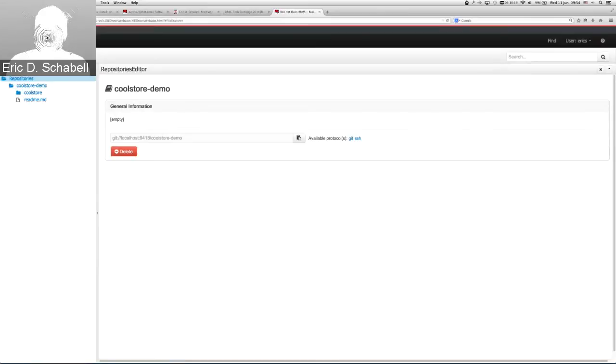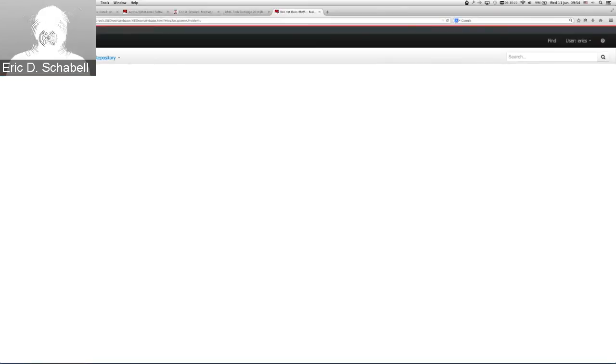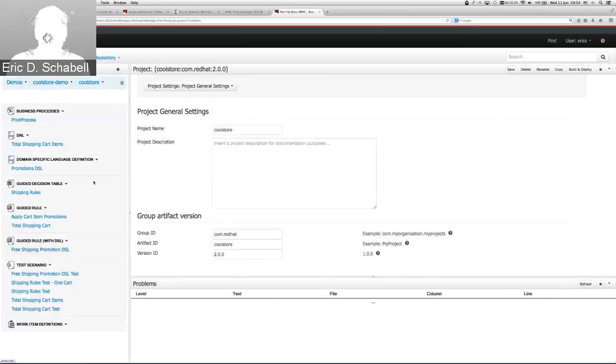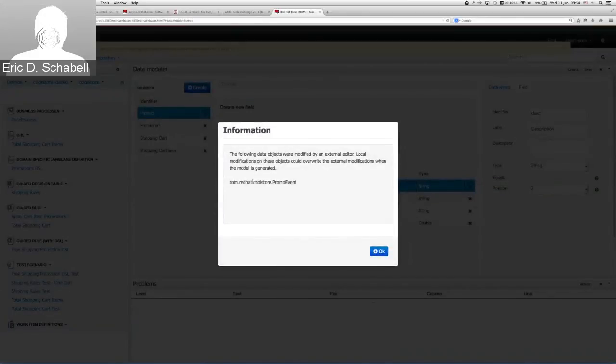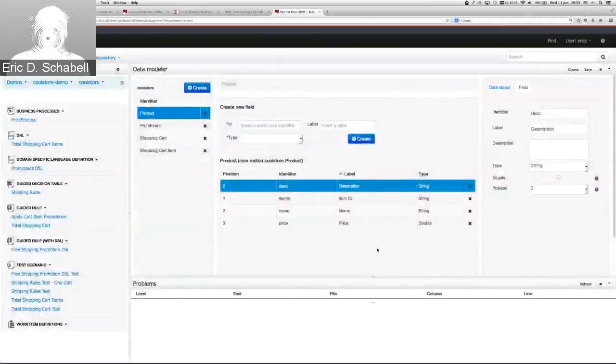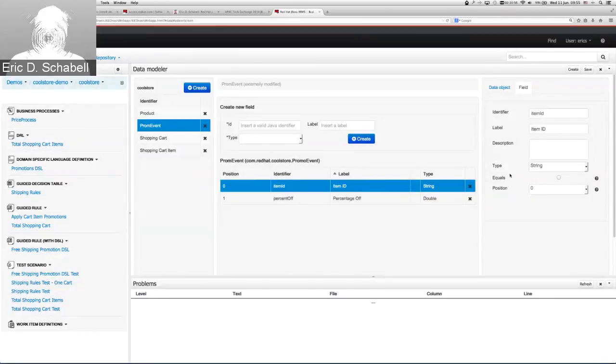So the cheat sheet basically is what we just used. That gives you all of this, including the model and everything. This is an overview of what you should have created or will have created when you finish the complete lab and all the exercises. I believe we started with the model. All he's saying here is because I imported it, it's been used by an external system to be modified. He's just telling us not a data modeler only setup. But you created the product, you created a promo event,